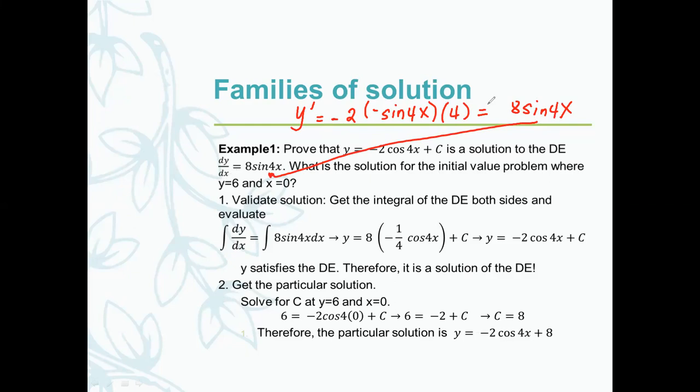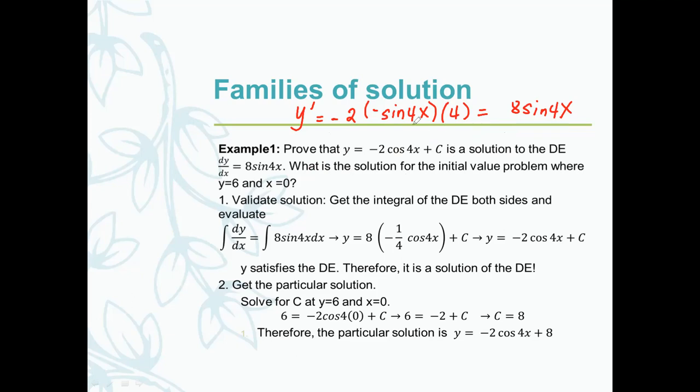Okay? Let me erase. Now, what will I do then? Next. So it says here, what should be the solution? If the value of x is 0 and y is 6, what will I do? This particular